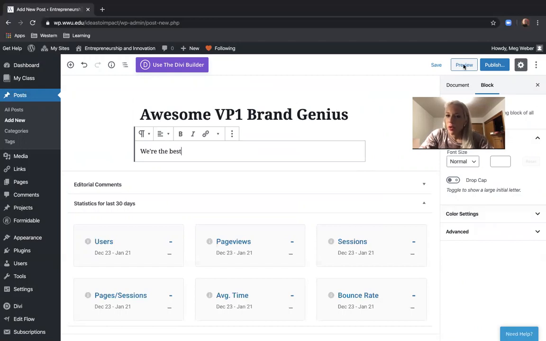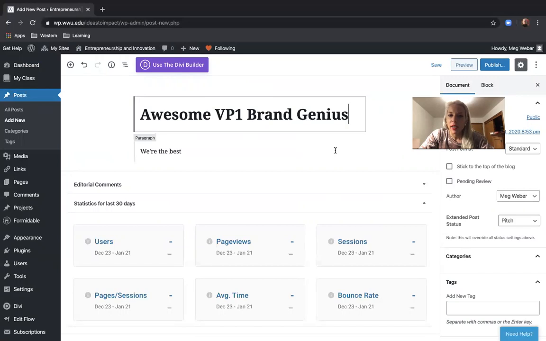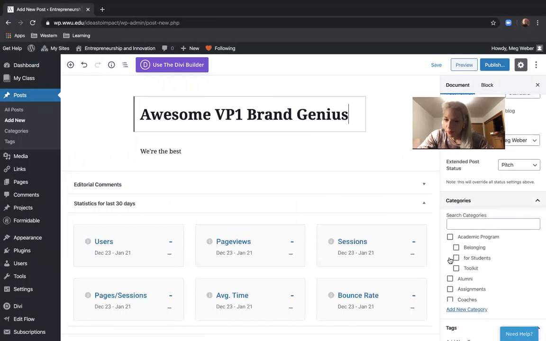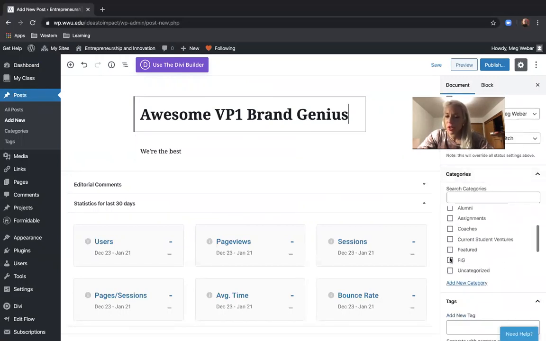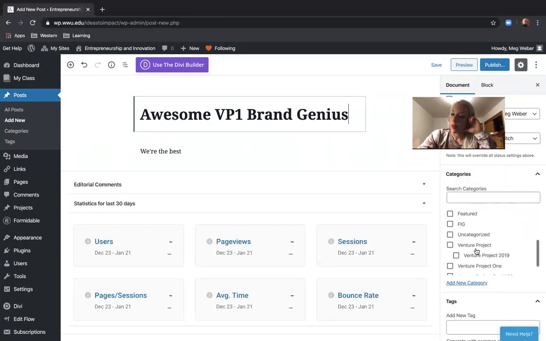When you go into this area, it enters the title and then a subtext there. To make sure that it shows up on the Venture Project 1 blog post area, you need to enter in Venture Project 1 W20. If you click that,